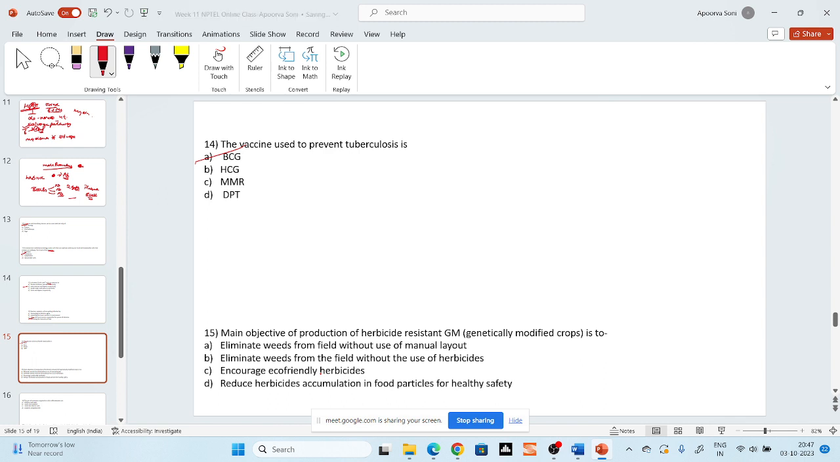Then question 15, the main objective of production of herbicide resistant crops is to eliminate weeds from the field without the use of manual labor, eliminate weeds from the field without the use of herbicides, encourage eco-friendly herbicides, or reduce herbicide accumulation in food particles for health safety. What is the answer? Option A. Herbicide resistant crops we are producing, so that